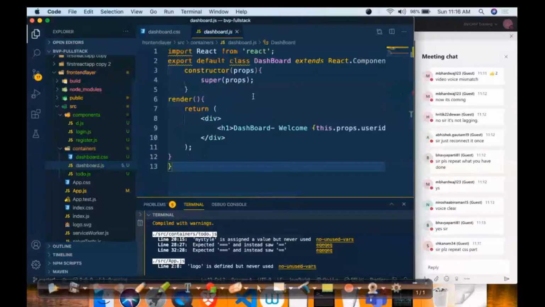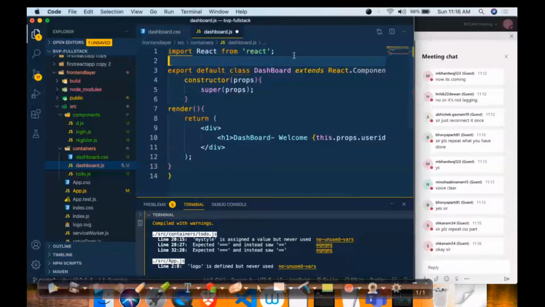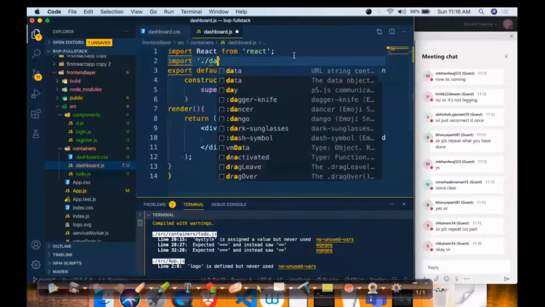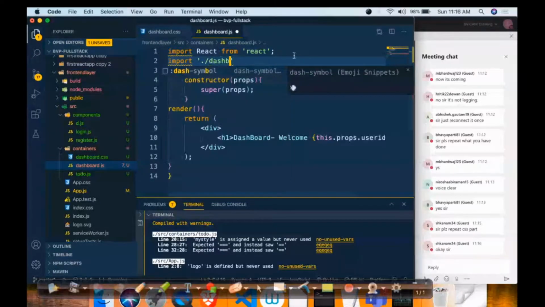And in dashboard.js, I do import. I hope everyone understands this thing. I write import, dot slash, and then dashboard.css, right? So I import this dashboard.css, right? So when I import this dashboard.css,